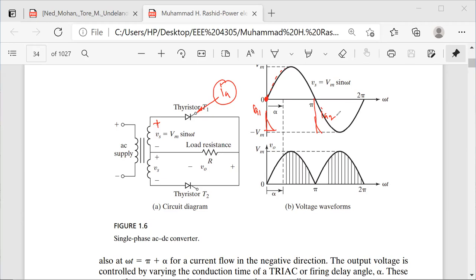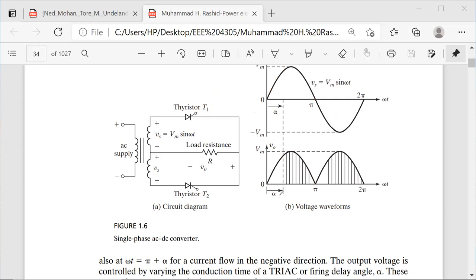Sir, the figure given below, sir. That means the whole thing, right? Yes, sir. Because you have turned it on and you have already turned it on. So you will get the same as the diode rectifier, right? Yes, sir. Now, if